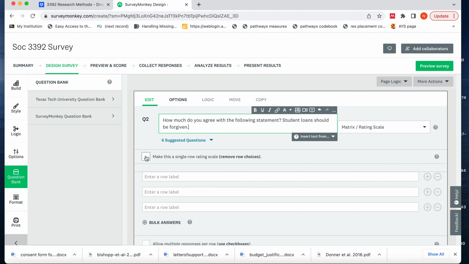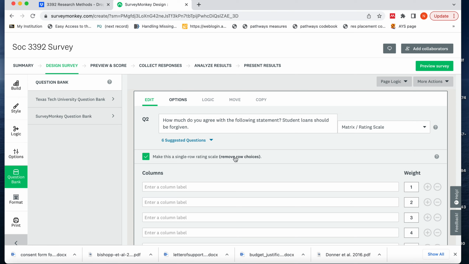And we want to make this a single row rating scale. If we wanted to have a whole bunch of different questions, we would be able to make a whole matrix. We talk about those in the videos, and we talk about it in the textbook as well when we're talking about measuring our variables. But we only want to be able to answer one question. If you want to do more than one question for your project, you're completely welcome to, but you only really need one. So our columns are going to be strongly agree,